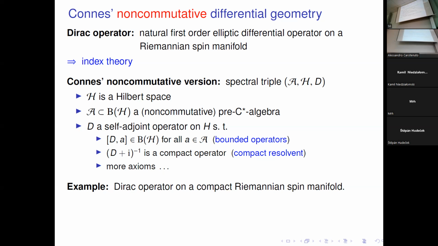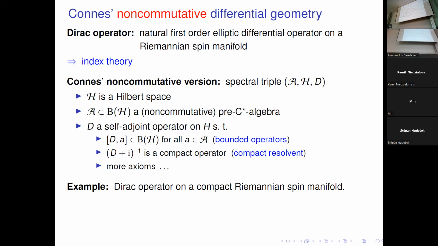And here you see it. A first order differential operator will always have bounded commutators because it acts on functions. If it's a Dirac operator, you just get multiplication by the gradient. And for compact quantum spaces, you require that the resolvent is compact. So it has eigenvalues that go to infinity. Now, the classical example is the Dirac operator on a compact Riemannian spin manifold, and that's what we want to